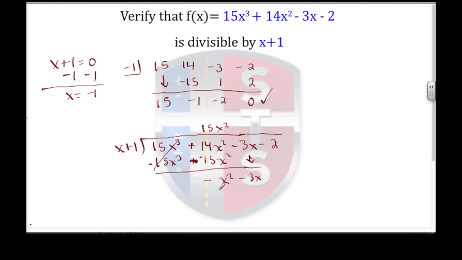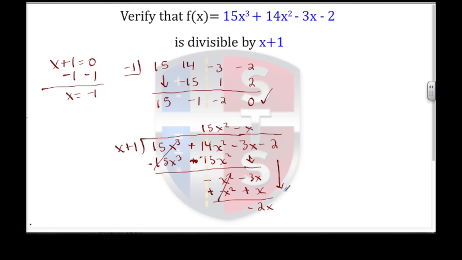multiply x by to end up with a -x squared? And in this case, that would be a -x. So now -x times -x will give me a -x squared. -x times a +1 will give me a -x. And I have to distribute a negative to both of these terms. So they're negative, and that means they become positive. Again, my first two terms here cancel each other out, and I'm left with -3x plus x, which gives me a -2x.